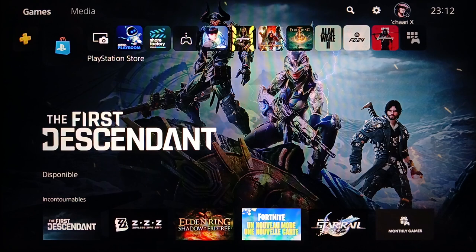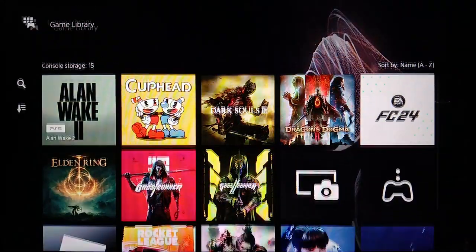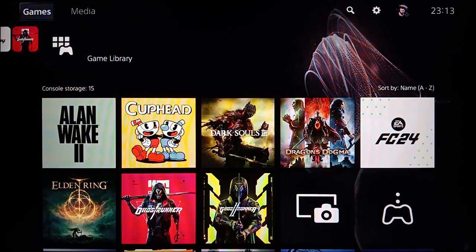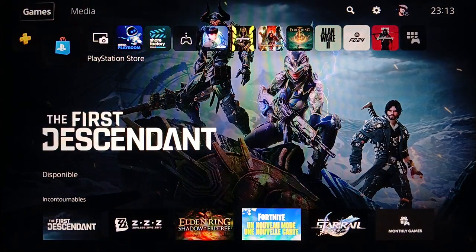As you can see guys, I'm right now on the PlayStation 5 and this is how the homepage looks like. So right here you're gonna find some of your games and applications. If you go here to the game library, you're gonna find all of your installed games and applications. Right here, as you can see guys, you're gonna find PlayStation Plus and also PlayStation Store. And here in the top, you're gonna find games, media, and here you're gonna find search, settings, and your profile